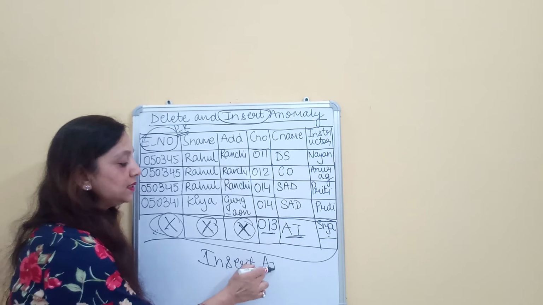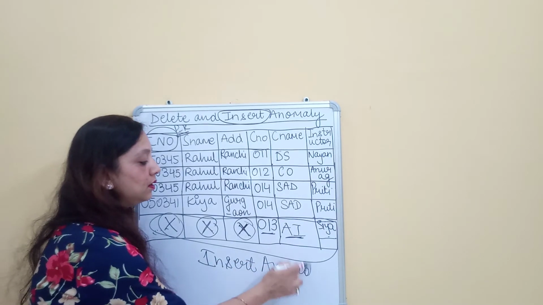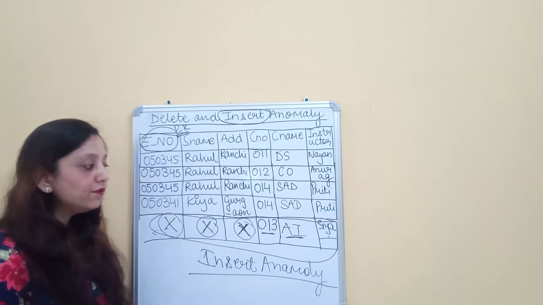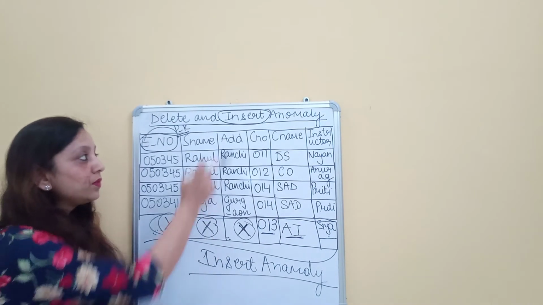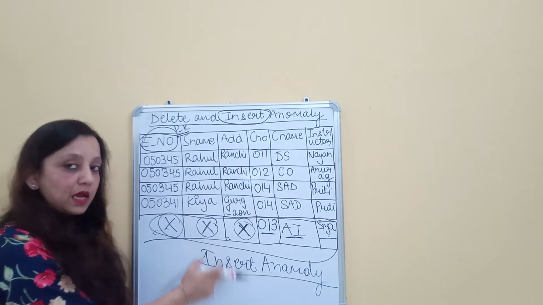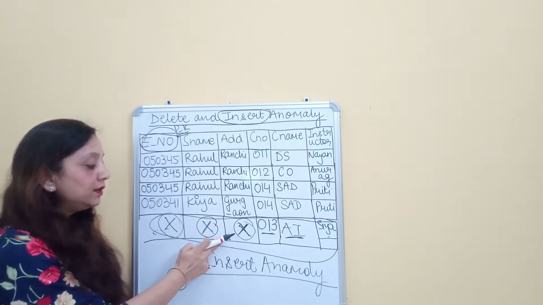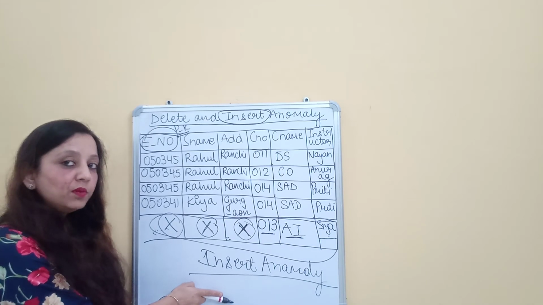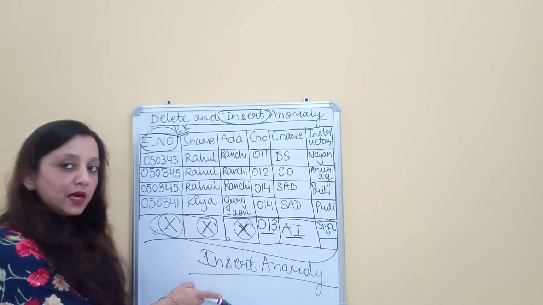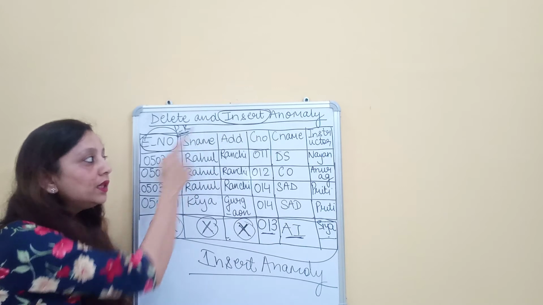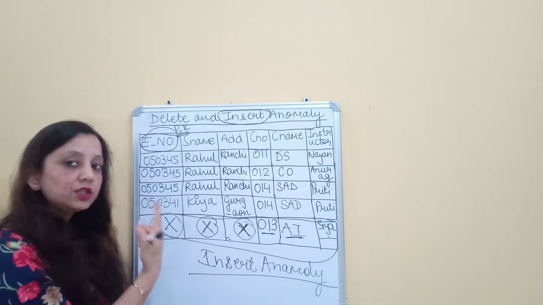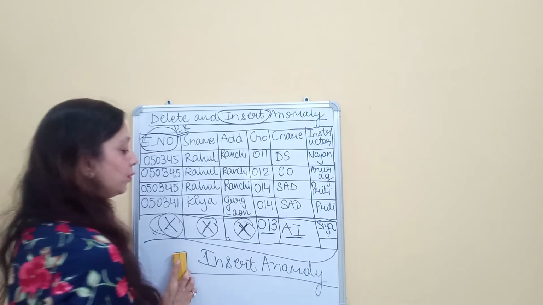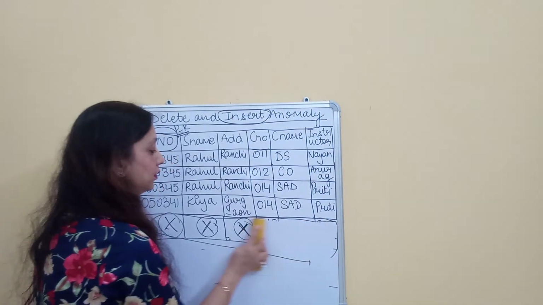And what anomaly is this? This is a database anomaly due to redundant information. So this is one problem that arises at the time of insertion of new tuples. This problem is known as the insert anomaly. And why did this problem arise? Obviously because of redundant information, because all the information is collectively stored in just a single table. So this was the example of insert anomaly.